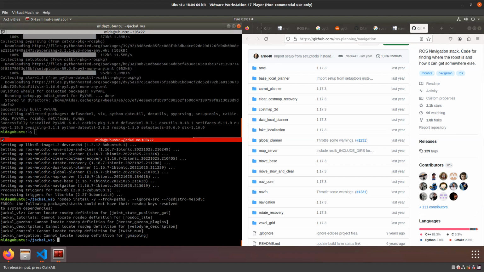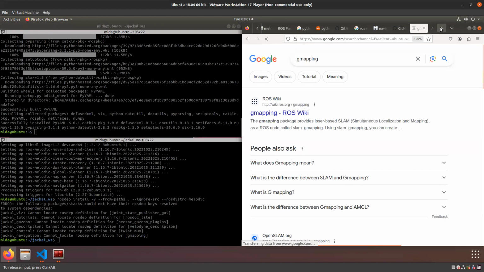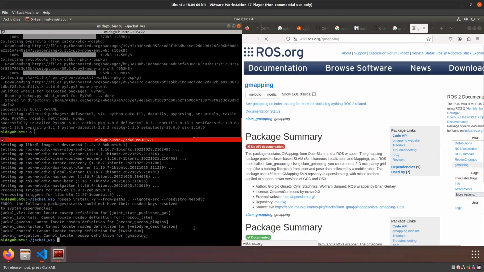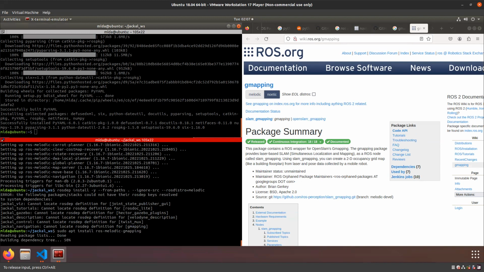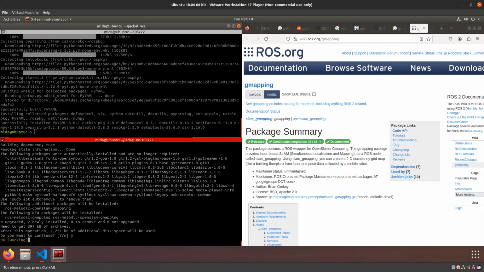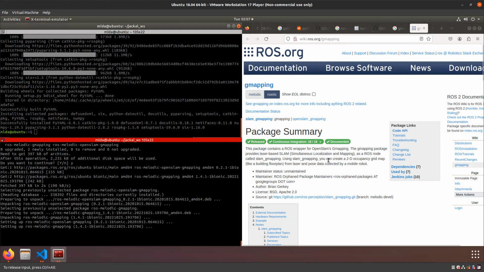Okay, the value description, G mapping, right? G mapping here. G mapping, yeah, there's G mapping. Install, right? So before we can pull Git,